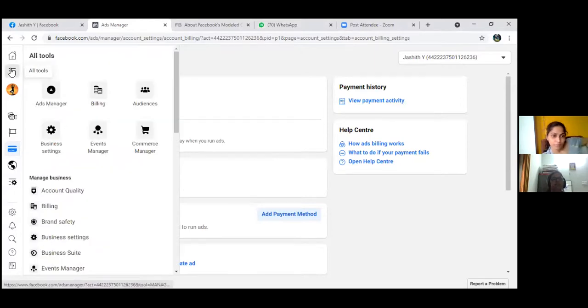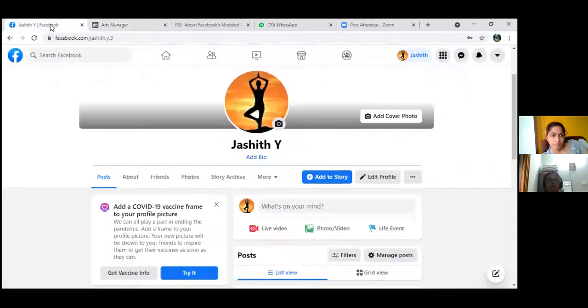So we will do campaigns by clicking on Ads Manager. The first option, no need to click that one, you can check later. We will design campaigns and everything here, so you can check the campaigns. Now open your Facebook page, whichever page we are going to do marketing for. Yeah, come down.